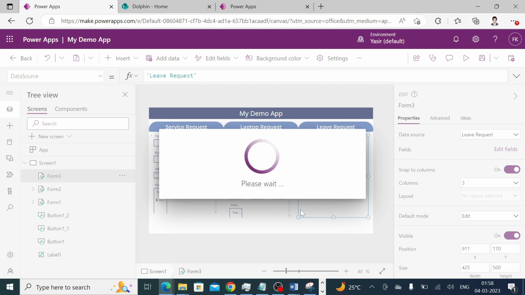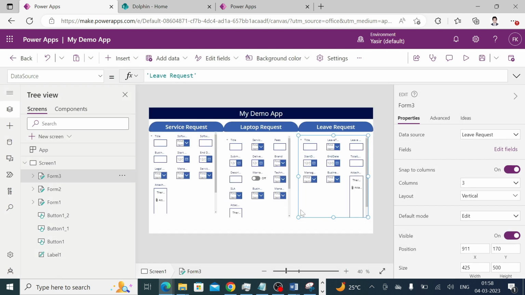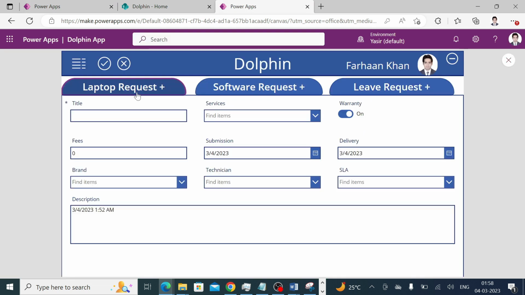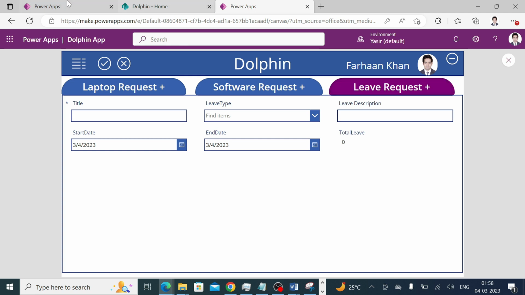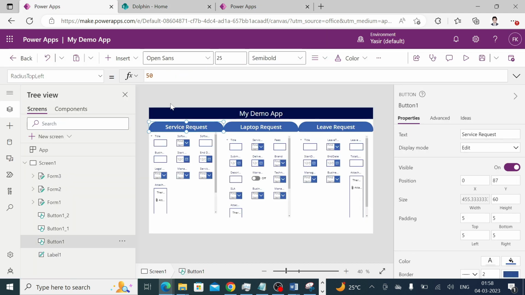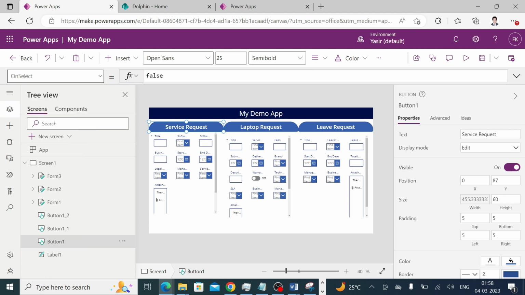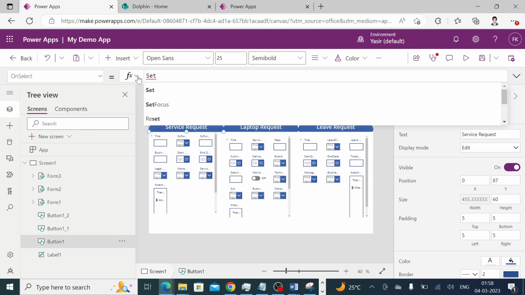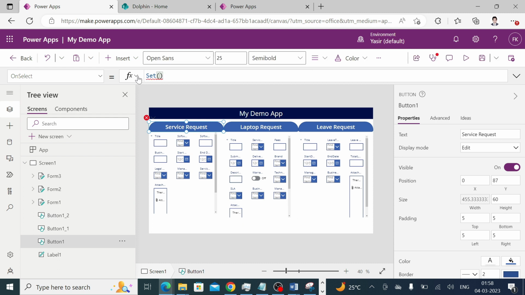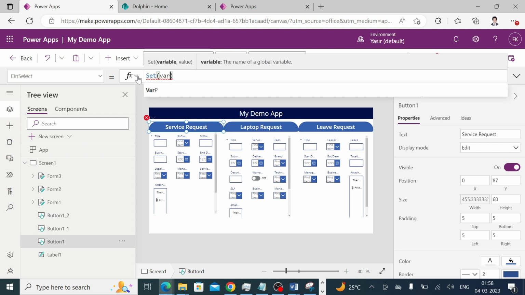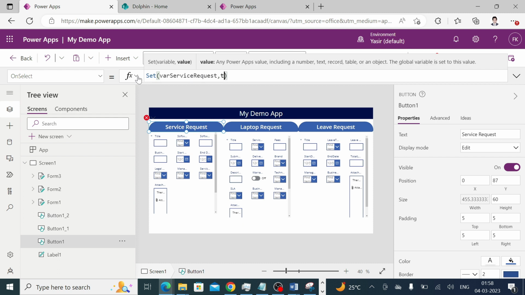But what our request or what our demand is, that on the click of service request, only service request should be available. On the click of laptop request, just like this, one form should be available. How do we do it? For that, on the select property of this button, I'll declare a global variable, variable service request, I'll set it true,